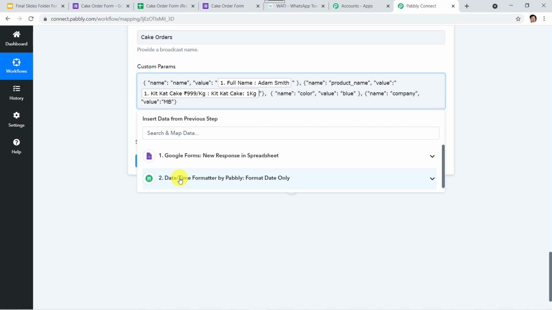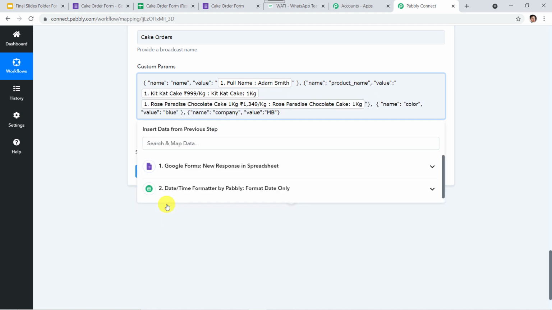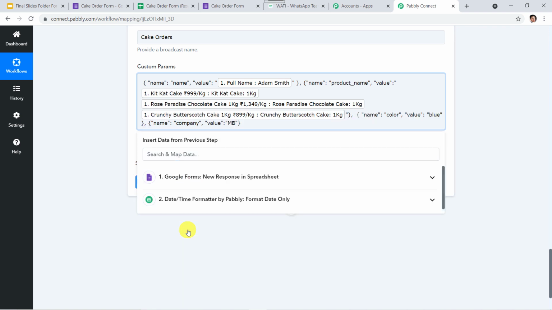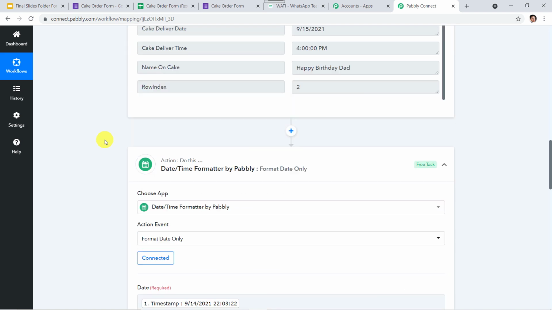Now here we are going to select all the 3 cakes. I'll give a space and select the second cake also. Again I will give a space and select the third cake also. Why am I selecting these 3 cakes over here? Just because I will show you.